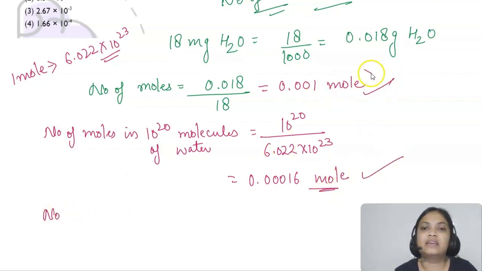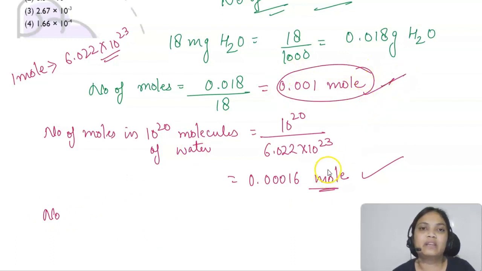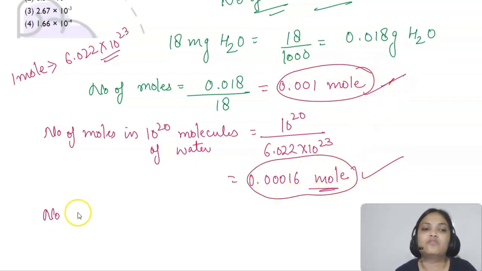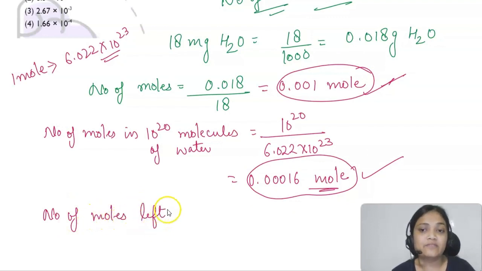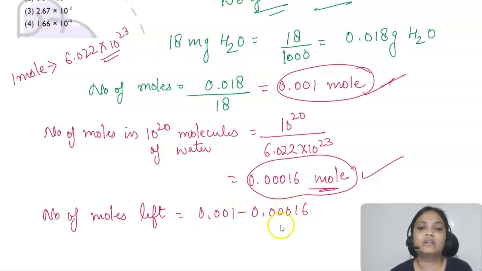इतने moles हमारे पास already थे 18 milligrams में और इतने moles हमने remove कर दिए. So the number of moles that are left, so कितने moles बचे हैं? That is 0.001 minus 0.00016. Okay, so let's solve it. It's 0.00083. So इसको आप लिख सकते हैं, 4 place decimal move करेंगे, 8.3 into 10 to the power -4,